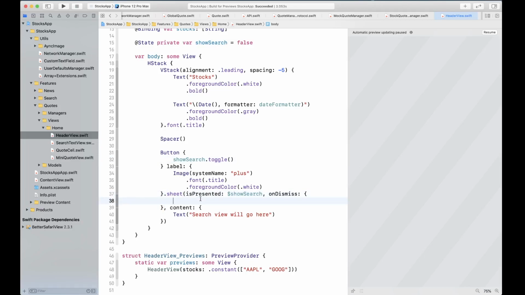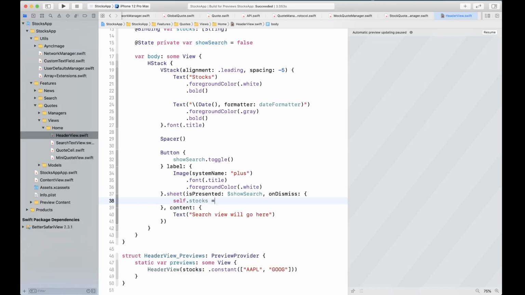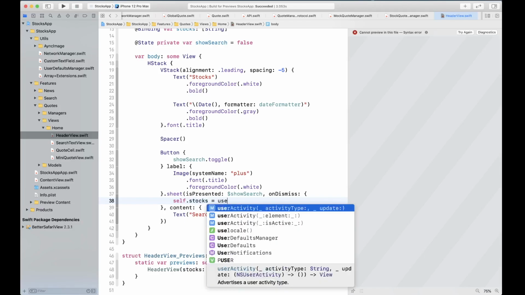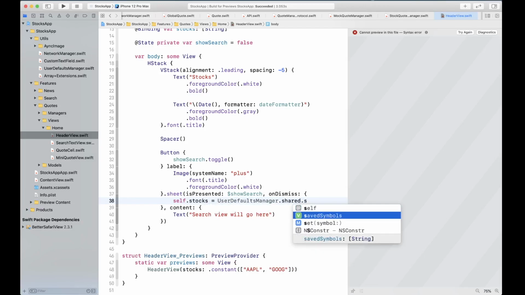So this is where we first need to say whenever the sheet is launched, we're gonna toggle show search. And the first thing we're gonna do is whenever this sheet is dismissed, we're gonna simply say stocks is equal to user defaults dot shared dot saved symbols.